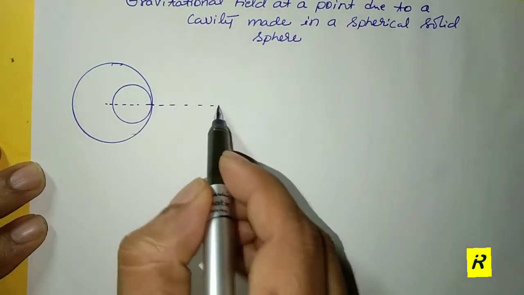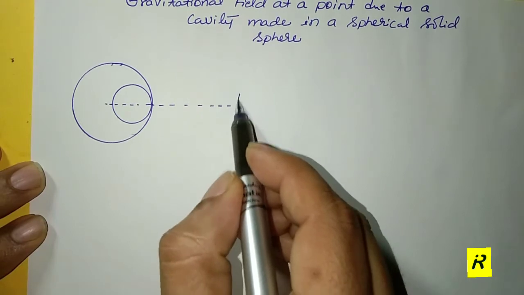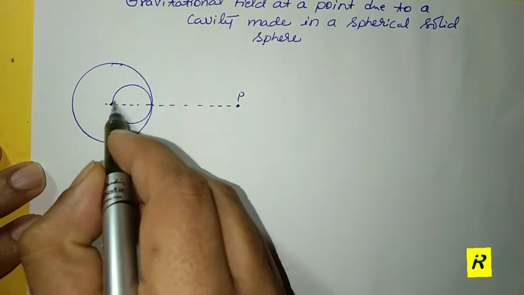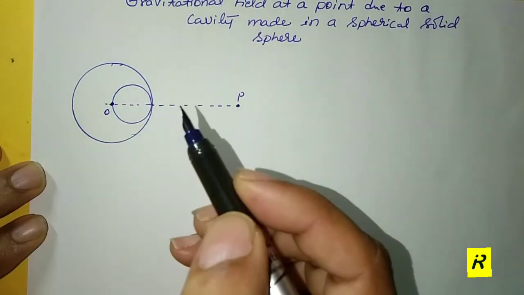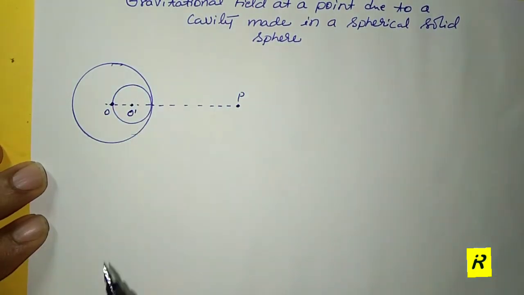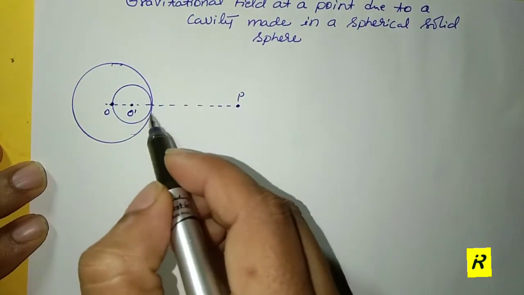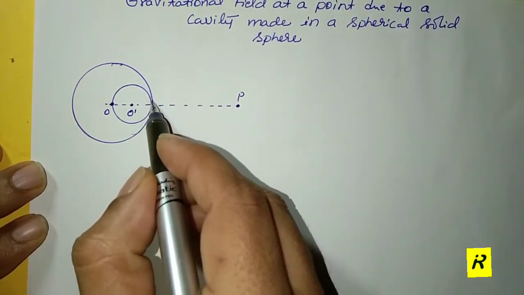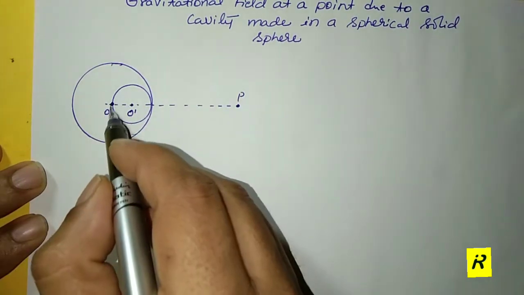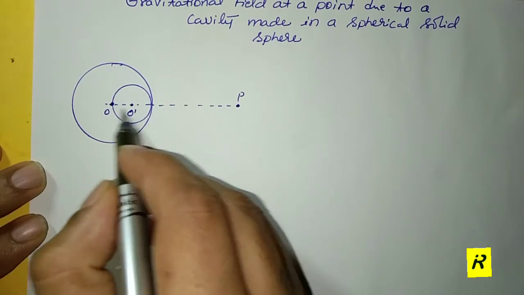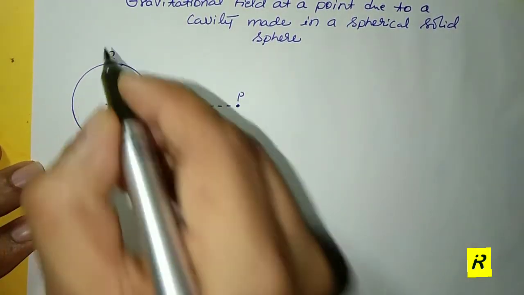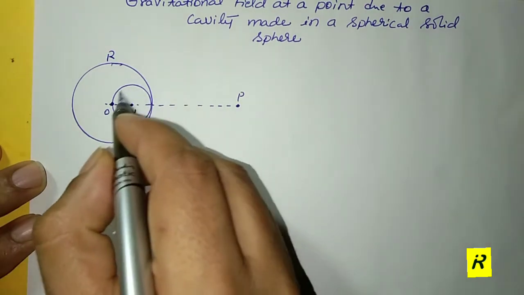What I am drawing here, some point P which is lying at a certain distance, and here is the center of the big complete sphere, say O, and here is the point O dash, which is the center of this smaller sphere, whose surface is touching the exterior part of the big sphere, and another surface is touching the center along the axis. That means if the complete sphere is of radius r, and this smaller sphere,